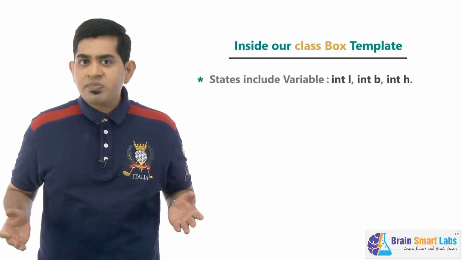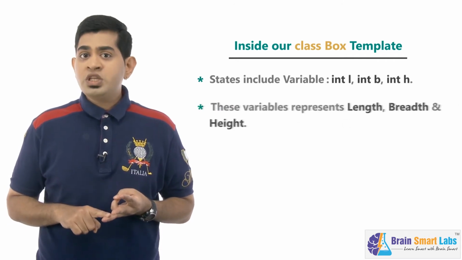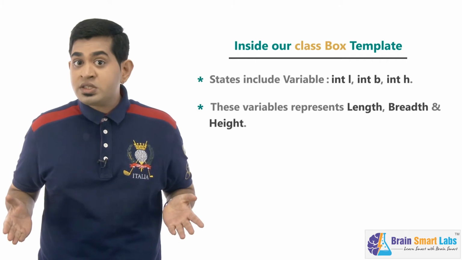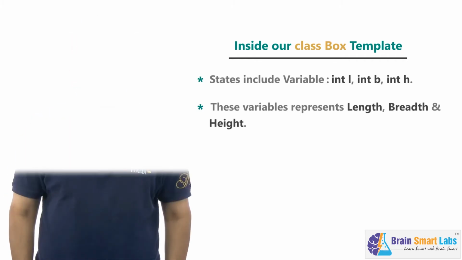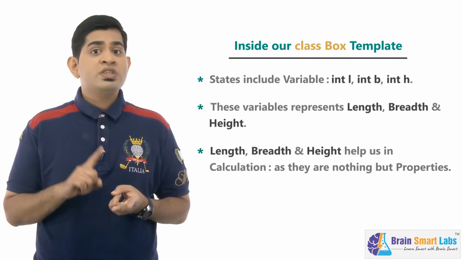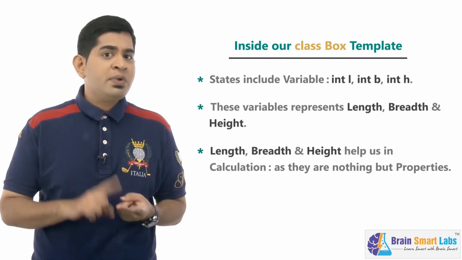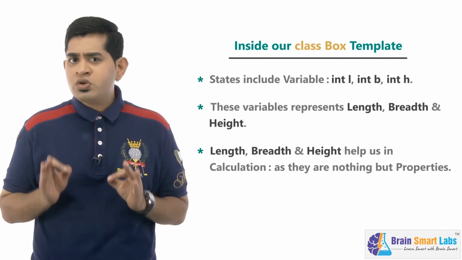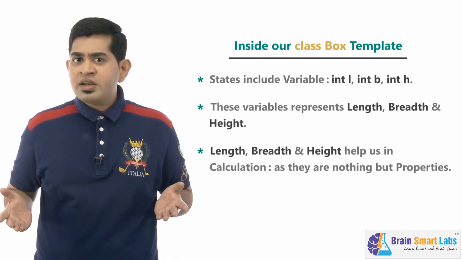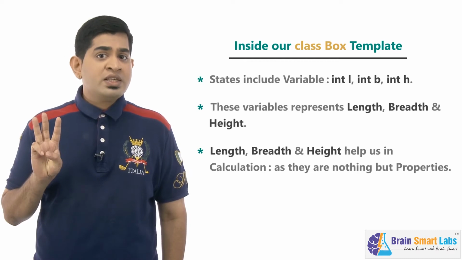The states here, also known as instance variables L, B, H, which represent length, breadth and height, determine all the characteristics of your box object. Anything related to the box you want to calculate, like volume, surface area, etc., only these three states, that is length, breadth and height, play an important role in your calculation. In your box, everything will be calculated based on these three variables,